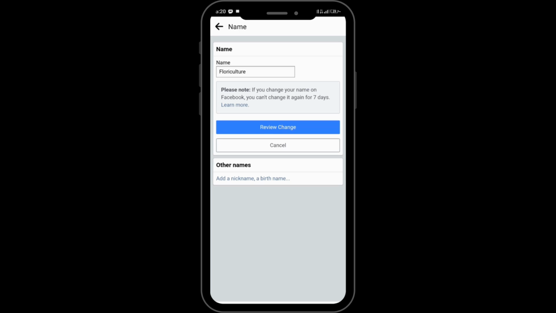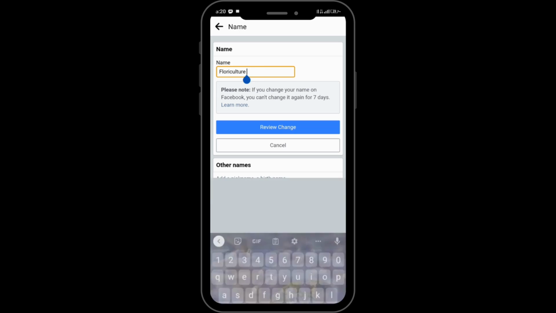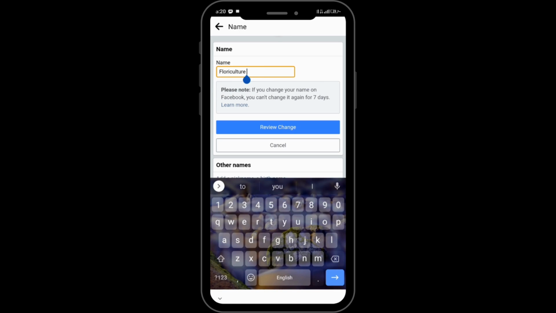In the text box you have to tap and edit the name, but you have to read the note that if you change your name on Facebook, you can't change it again for 7 days. So it means if you change your page name now, then you won't be able to change the name again within the 7 days. So if you agree, then you can change your name and tap on the review changes